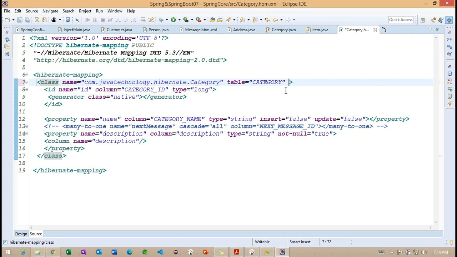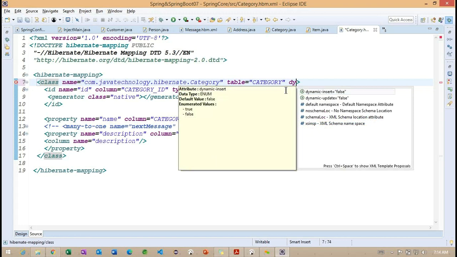What can we do? Dynamic insert. You can observe that by default dynamic insert and dynamic update are both false here. So when we make these two true, what happens internally? For the immutable object, if we are trying to save an object's information, those objects are not going to be updated or inserted.